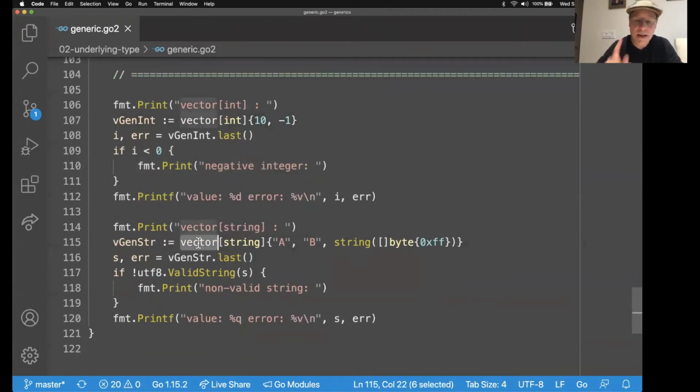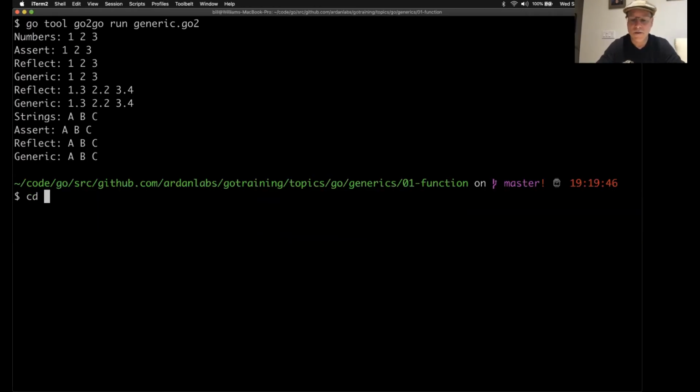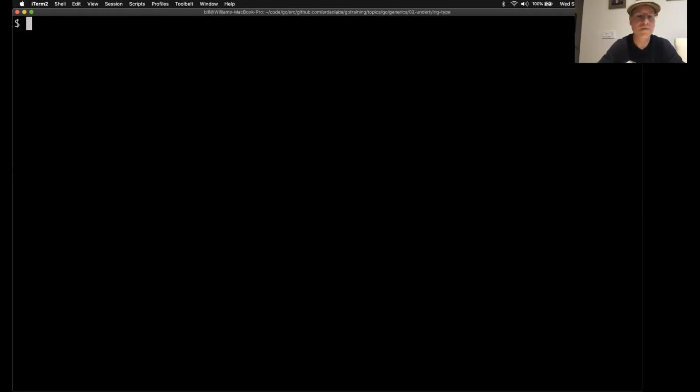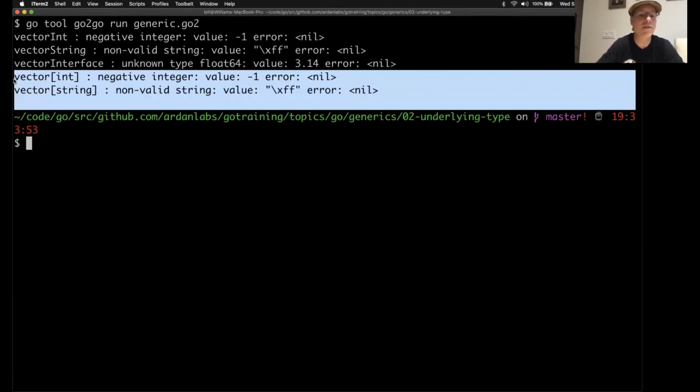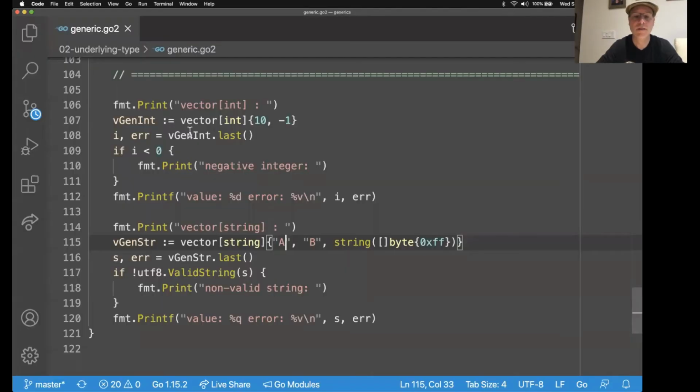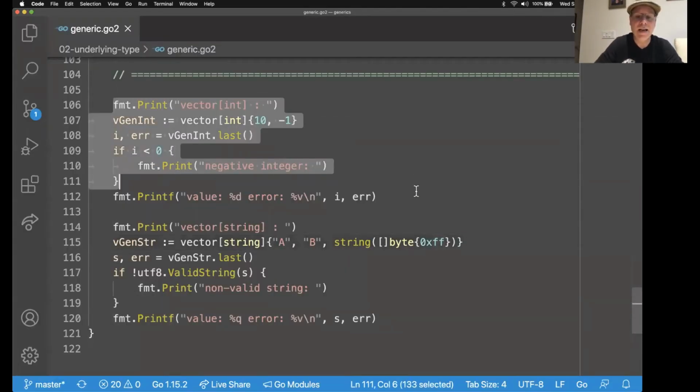Here, same type vector, but this time we say, no, this one's going to store strings. And I can use my literal construction to store those strings. And now we know last returns a string. I can do my check. This code works. We can change into O2, run it. We can see our vector int and our vector string, which means I can take this code,